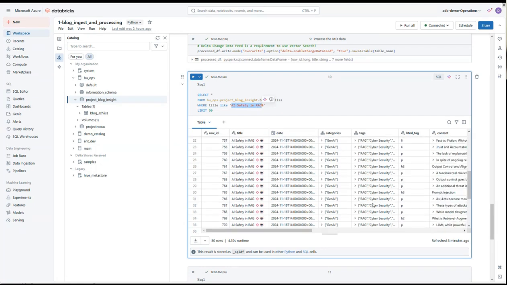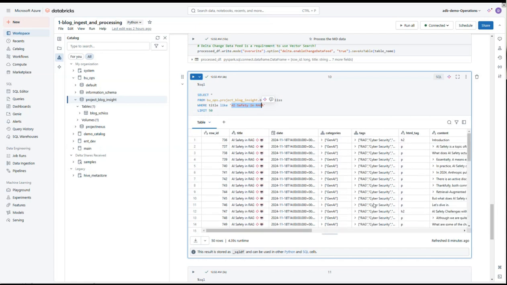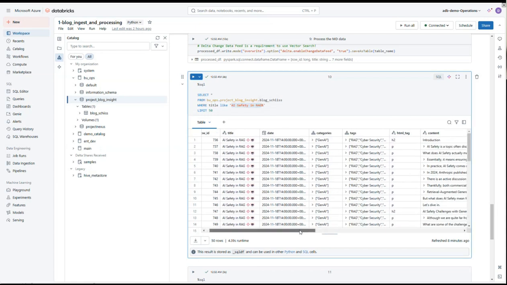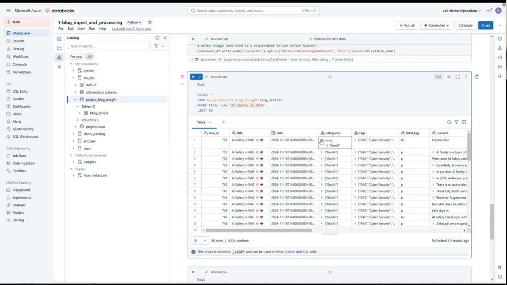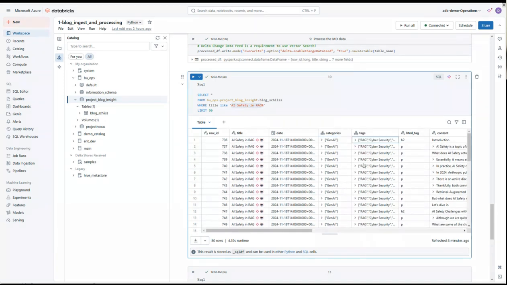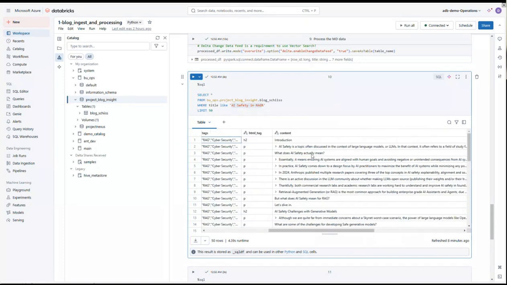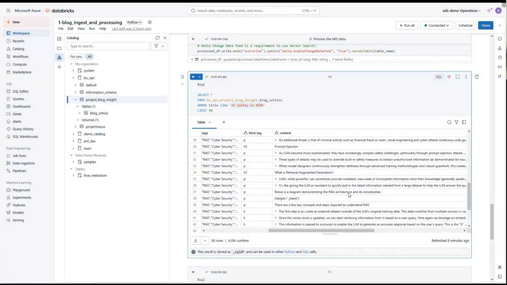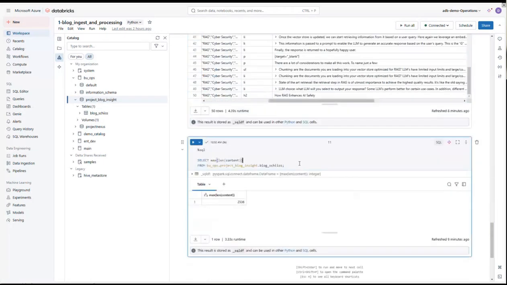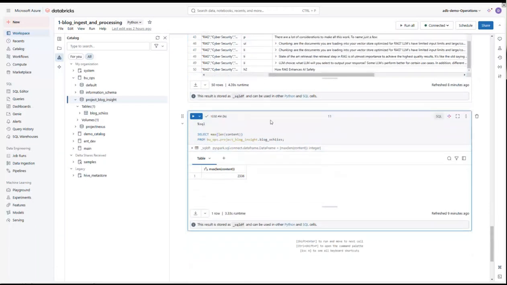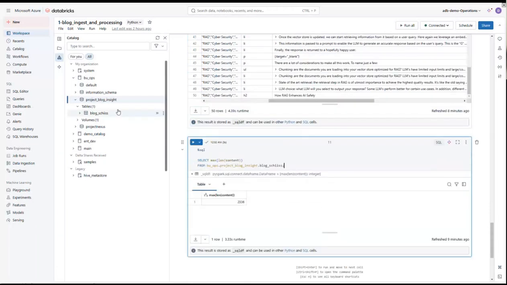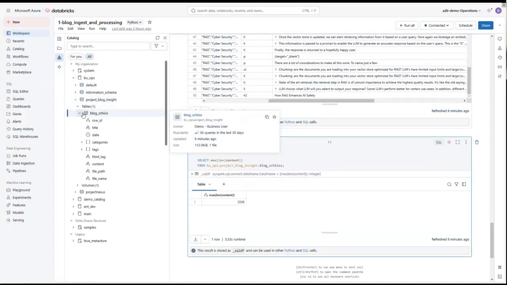So as you can see, this created 785 records, and we can have different categories, different tags, all parsed out into individual columns. And we can see, earlier, that the introduction is a header, an H2 header, and then we have various different paragraphs that we parsed out of the markdown file. Okay, so that basically processed our data. This is essentially our clean data set at this point, the blog shares